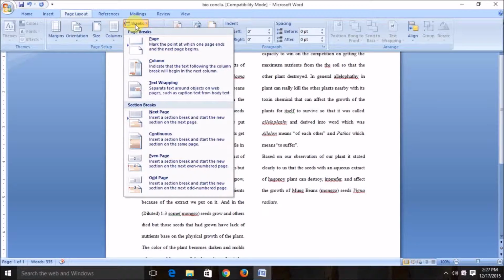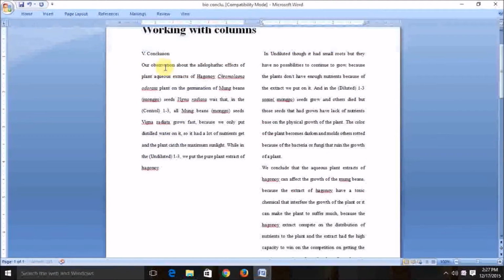And the drop-down menu will appear. And then select the column from the list of the break types. Now, this is the column break.